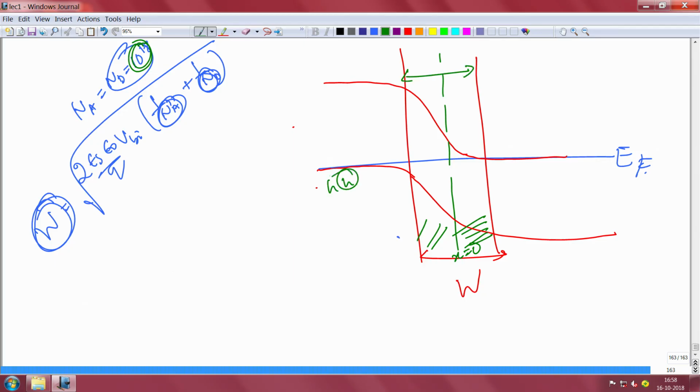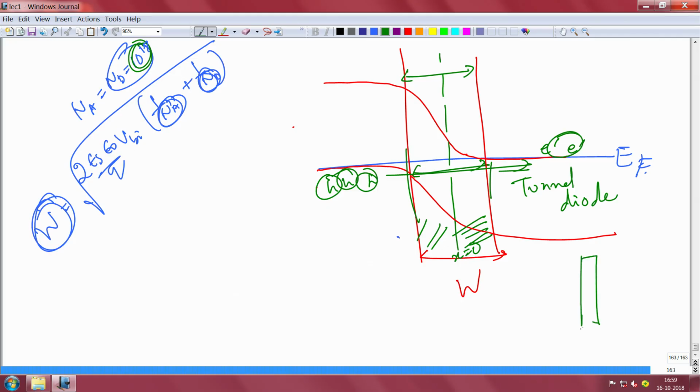There are a lot of holes, there are a lot of electrons. If this is very narrow, then the depletion is essentially very narrow. So electrons and holes can even tunnel, that will come later. You can make a tunneling diode because it is very narrow. If you don't know what tunneling is, it is a quantum mechanical process where an electron or hole can, for example, move across a barrier, unlike in real life. If you have a wall and a ball, the ball will not be able to cross the wall, but in quantum mechanics an electron may be able to cross the wall. Actually when I say wall, it's not a wall made of brick or stone, it is a wall of potential energy. But let's not talk about that.